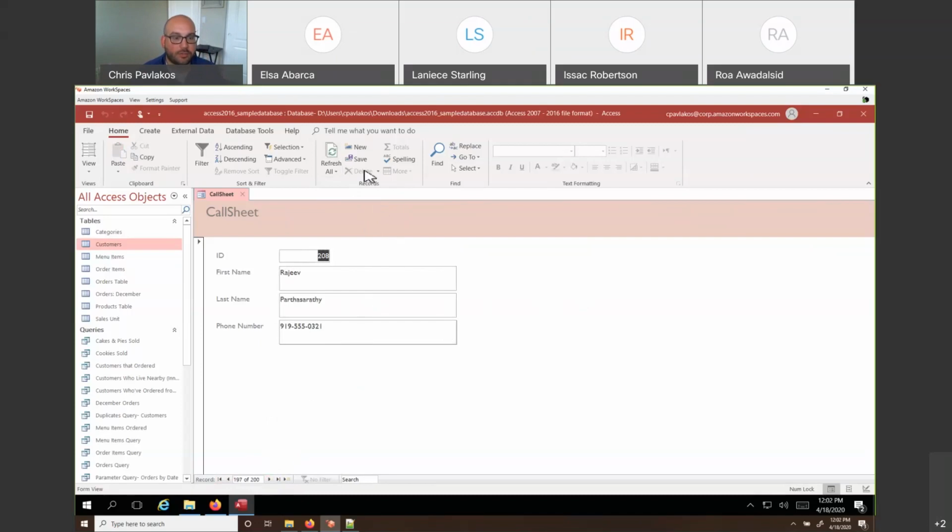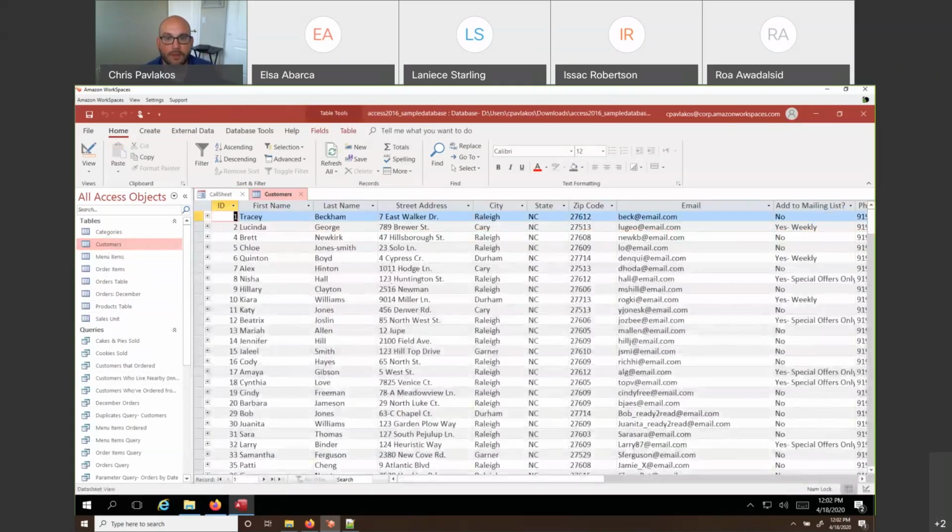We could click the delete button right here. It's grayed out. That is a thing, but by default, that's not going to be grayed out, and you can delete directly from here. The refresh all, what that means is you can come here to the customers table, and let's say on this